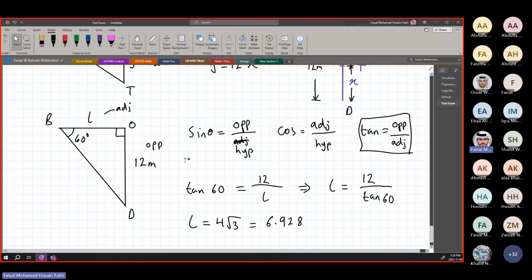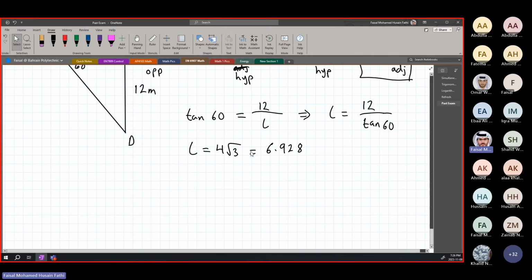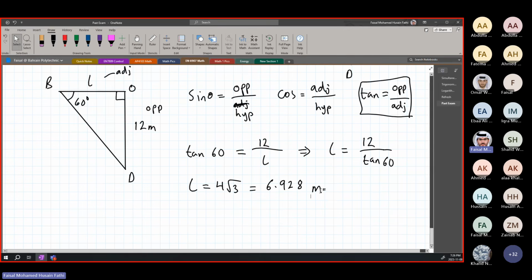Of course you can also use the sine rule. This derivation of opposite to hypotenuse is derived from the sine rule. But in a right triangle there is a much simpler way, instead of doing the sine rule. You could do sine of 60 and 12, but you don't need to. You could just do opposite over hypotenuse, adjacent over hypotenuse, or opposite over adjacent, simpler rules more directly. But you are correct, you can use the sine rule. It's not a mistake. Now we found L.